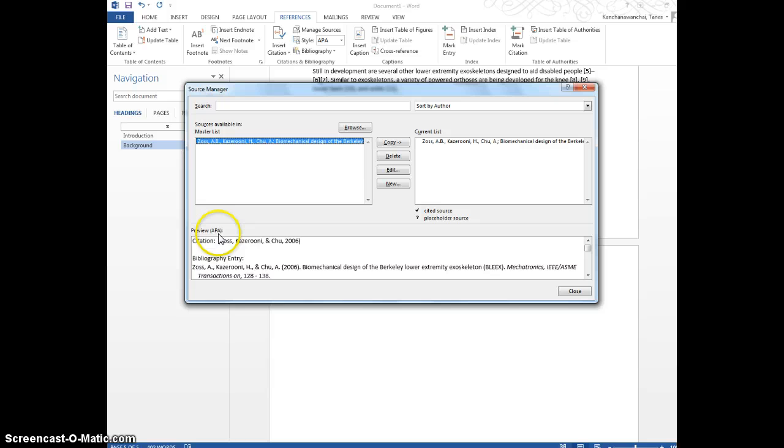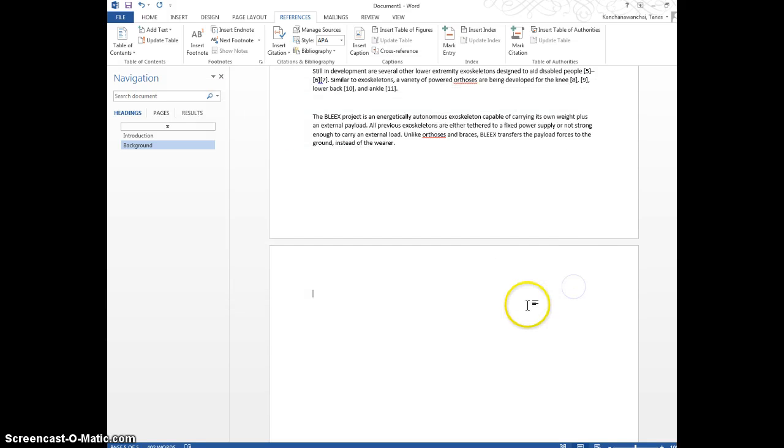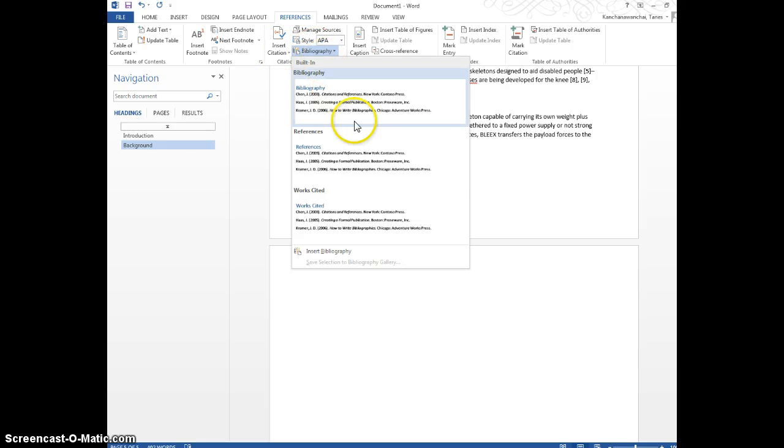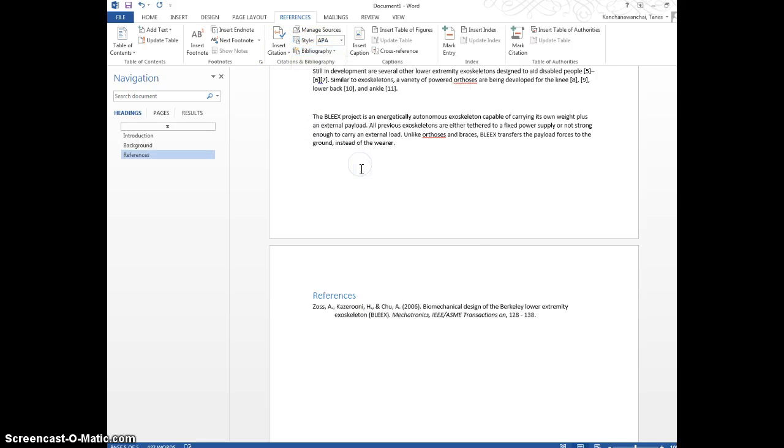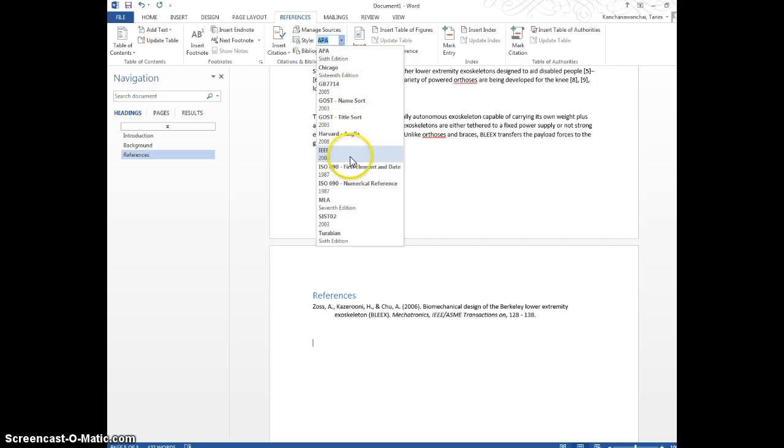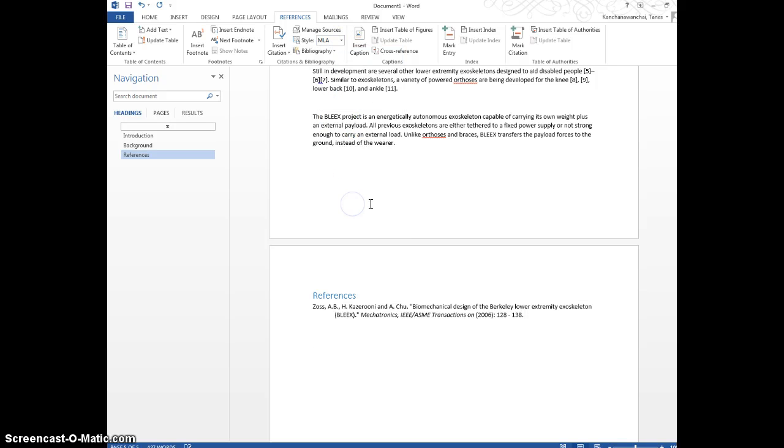It's going to do an APA preview. Let's see, after I have that, how do I add this on? I just go to the bibliography here, references. It's going to add the reference for you. So if you have more citations, it's going to list them all. So just make sure you add them under manage sources. And then you can also change the style as you want, MLA, so it's going to update